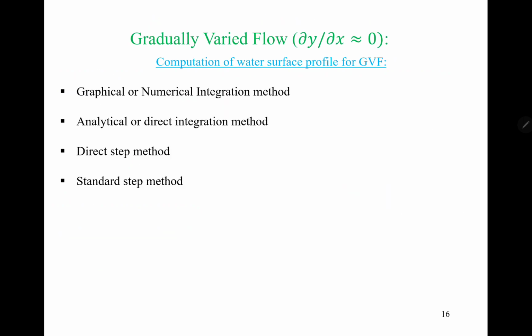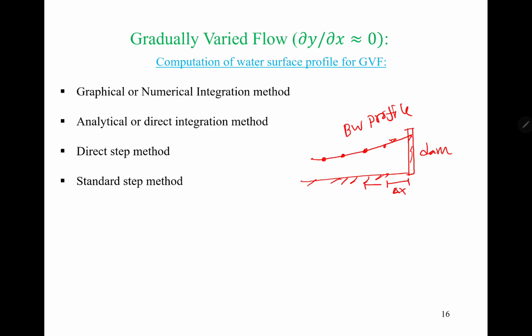Okay, now once we know all the different types of shapes and how they behave at different depths, it's time to do the computation of the water surface profile for gradually varied flow. When we say computation of water surface profile, that simply means, suppose this is a channel and we have something here, maybe a dam, and water is backed up here. So this is a backwater profile. There can be other types of profile also, like the drawdown profile. Now from any specific point, either from the dam or from the downstream,